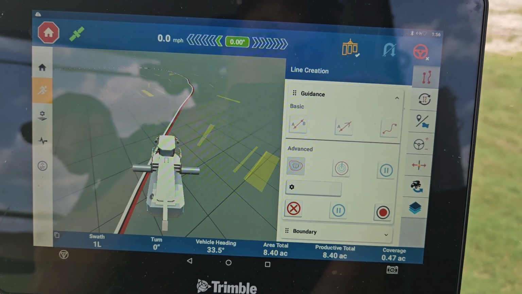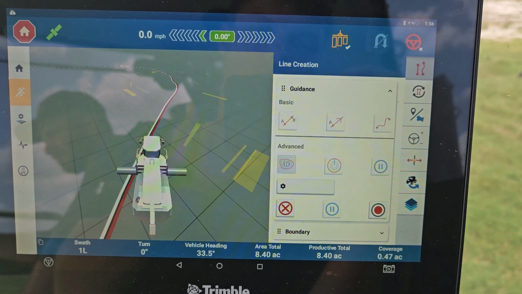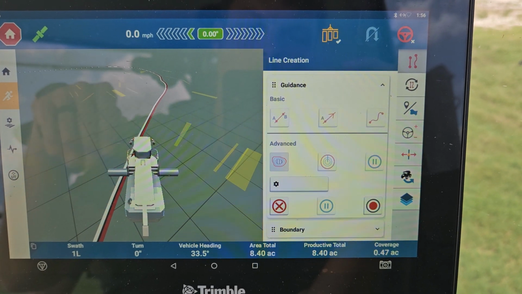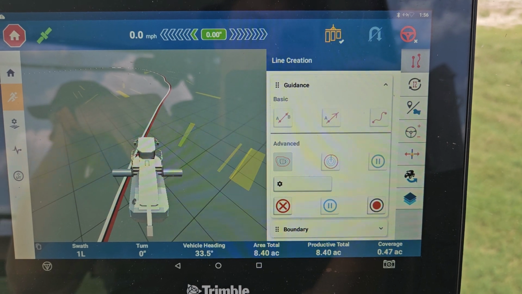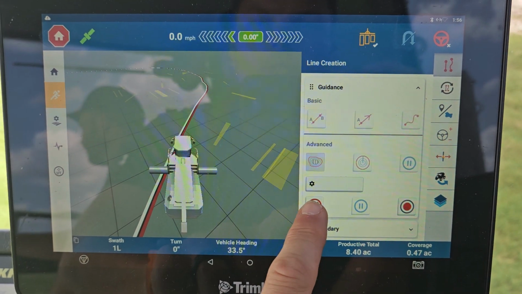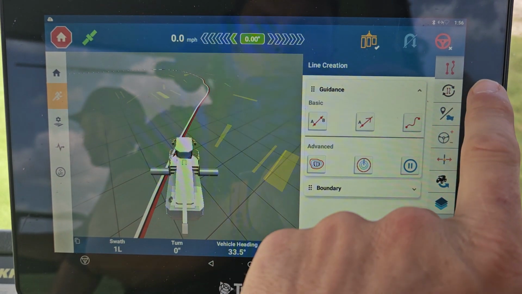And what it'll do is just draw a straight line between those points for that part of the boundary. But like I said, you drive all the way to the end, and once you get back to the start of that, it'll automatically close your boundary. So this field, we already have a boundary in there, so we're just gonna